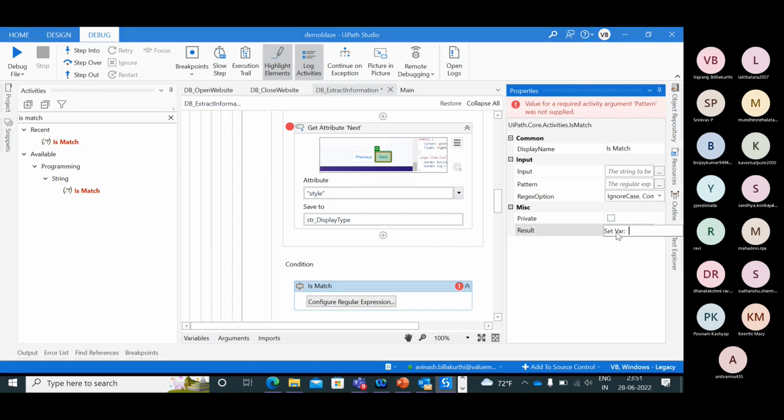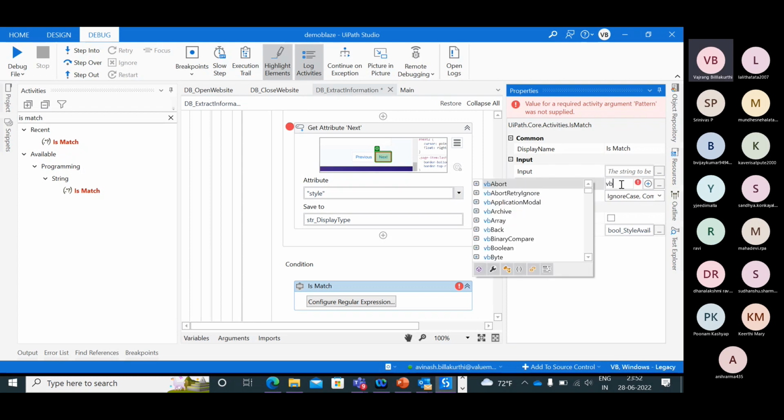So this is bool style available. I'm just telling if the style is available or not. And the input string is the bool value. So here I'll give VB true. It should be true. That is VB true to string.